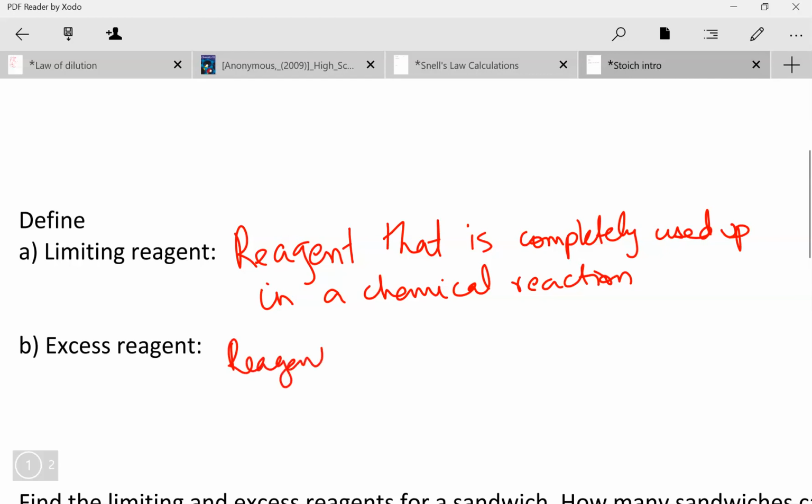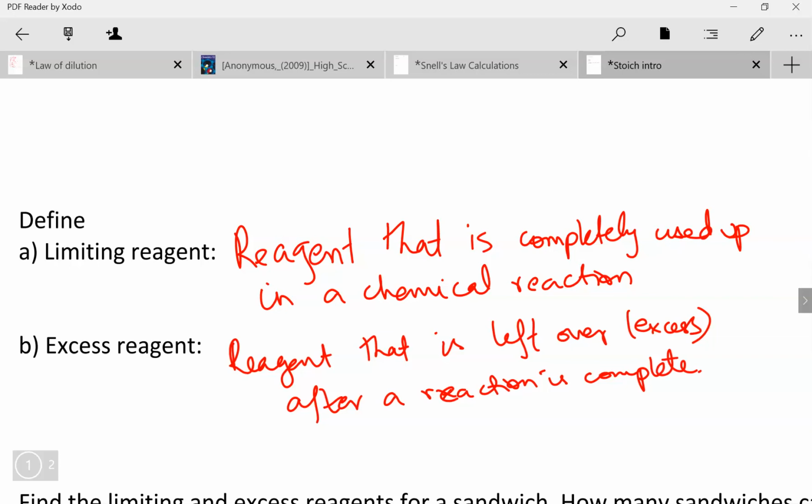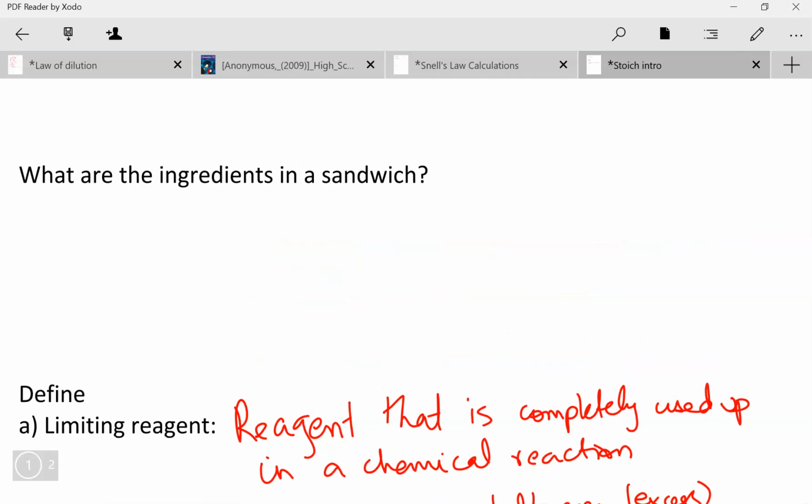reagent or reactant that is left over, or excess basically, you can just use the term, after a reaction is complete. By complete, I mean the limiting reagent has been completely used up, so the reaction cannot go on anymore. And for this, we will pretend that our equation that we're working with is a sandwich making